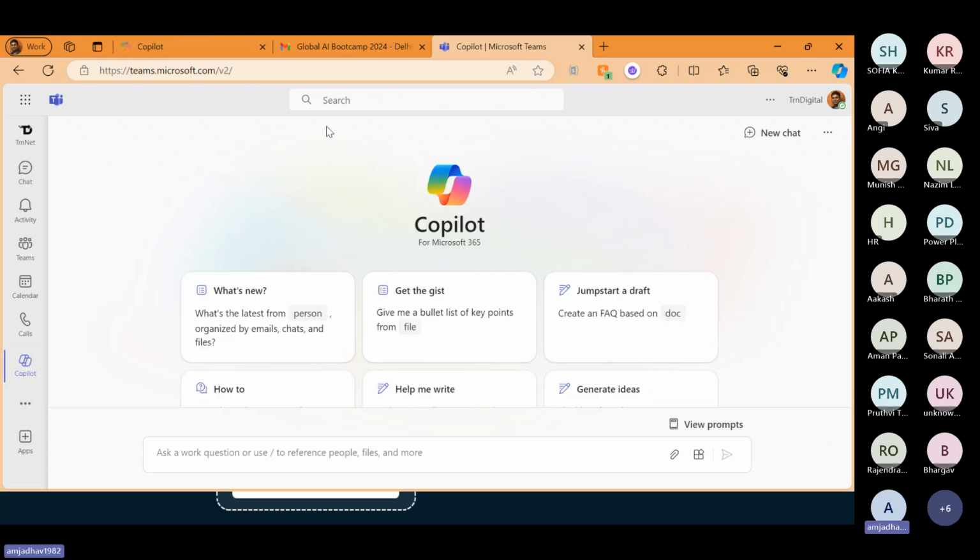So this is the Copilot what we have. Okay, so here, this is a prompt which I'm asking the Copilot. I'm asking it to give me the count of emails I have received today. Okay, so when I make a prompt,